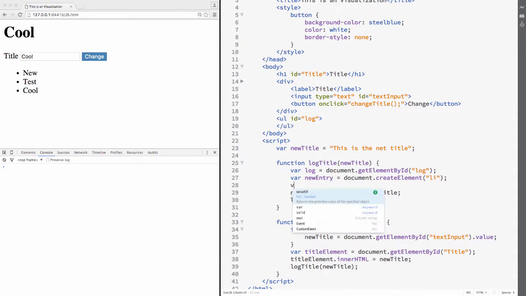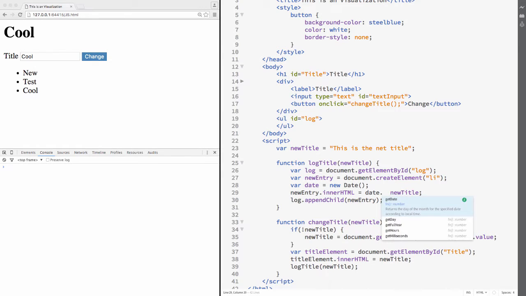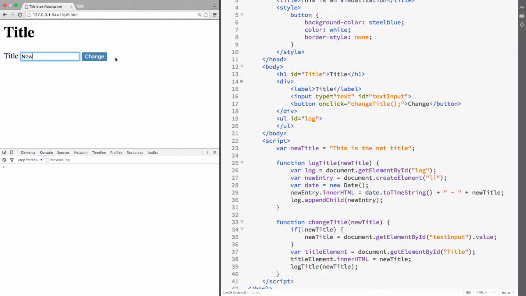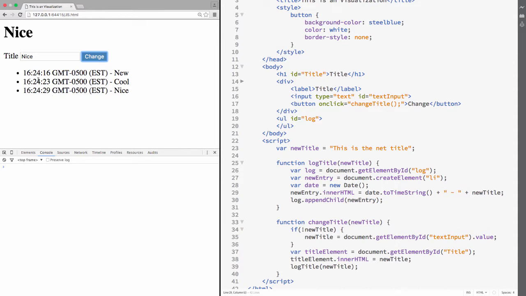you can get the current date, and you can append the date here to time string. So you can do date time string plus the new title. Let's see. So you see that now we have the time here, and we keep getting updated what was the time